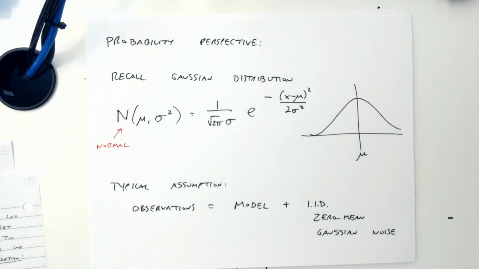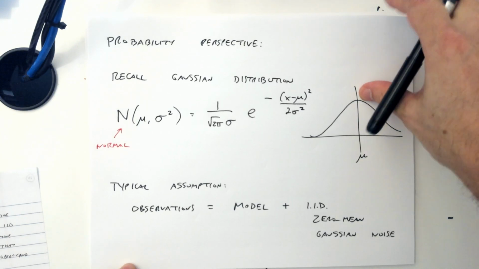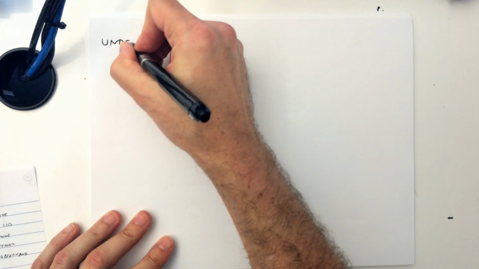It means that the noise that I see at every point is basically coming from the same Gaussian model, and that noises at different data points have nothing to do with each other. They're all independent, right? If you had some sort of correlated noise, then life would be much more complicated. So basically the idea is that I have some truth, like a true polynomial, plus some noise. And in fact, that's exactly how I generated the data in the first place, right? And so this means that we should be able to determine the polynomial that is what's called the maximum likelihood estimate, okay? So under this hypothesis, or under this model,